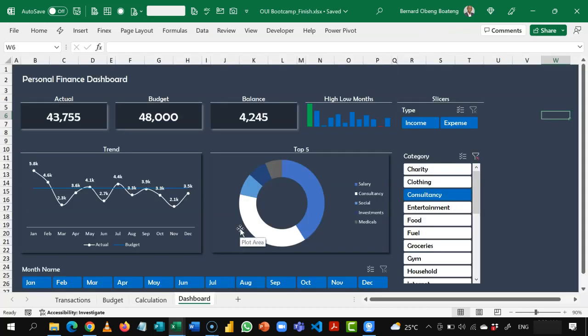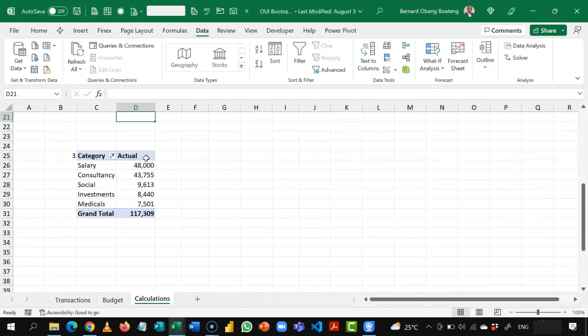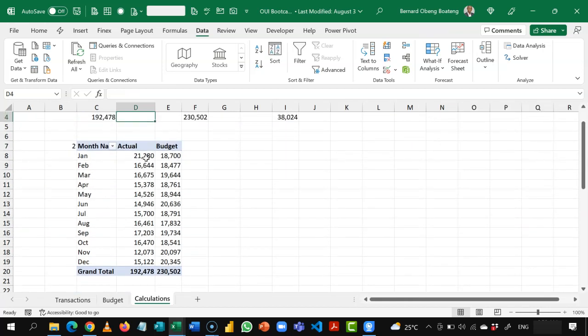Now the next calculation we are going to do is the calculation for our Sparklines. So these Sparklines show the values for each month, and then we are also able to see the highest spending month and the lowest spending month colored green and red respectively. So to do that, we need to create a mirror of our pivot table. Usually Sparklines prefer to be in a range of cells. So we are going to copy the content of our pivot table, but because we have a static 12-month period,